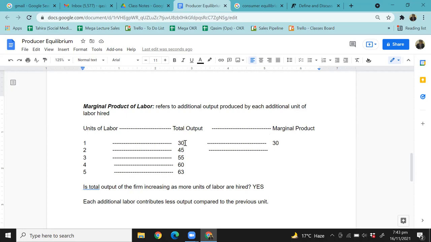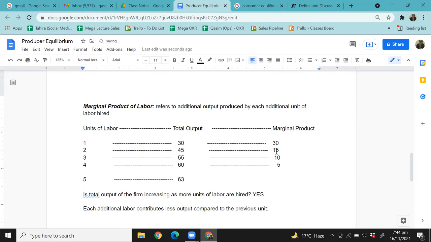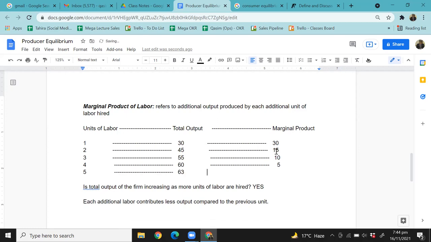How do we calculate the marginal product? We subtract the total product at the level of 1 unit of labor from the total output at the level of 2 units of labor. Students, are you following? So that means the second guy on his own produced 15 units, and the third unit of labor on his own produced 10 units, and then the fourth guy produced only 5 units, and then the fifth unit of labor only produced 3 units